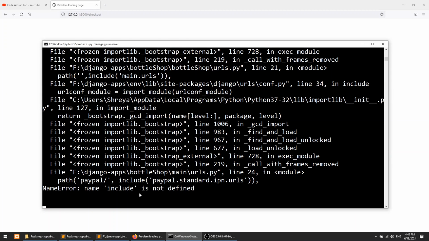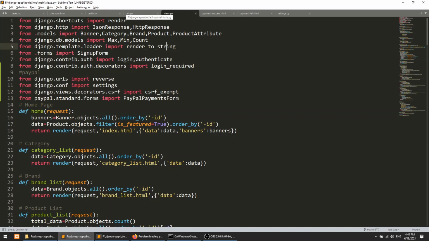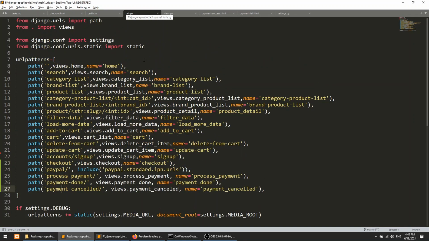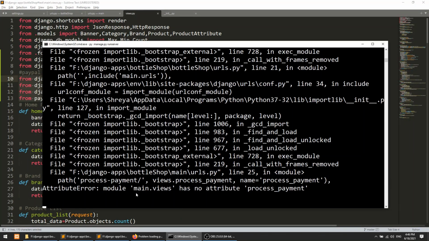It was showing the CSRF thing, and now it is showing the include. So we need to fix the include. From the URLs, here we are using include, so we need to also import the include package from the URLs. Now you can see that module main.view has no attribute process payment.